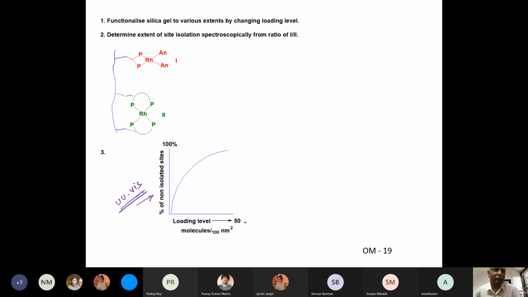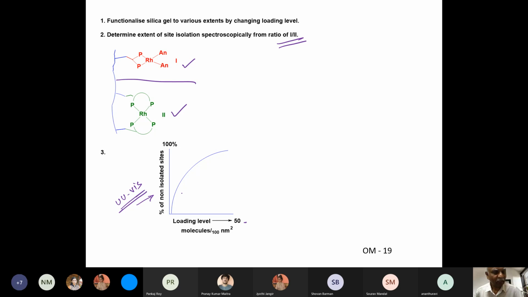So suffice it to say that he could distinguish between these two types of sites. He can spectroscopically figure out whether the column of the silica gel substrate was very heavily loaded and capable of dinuclear interaction, or whether it had only mononuclear species.